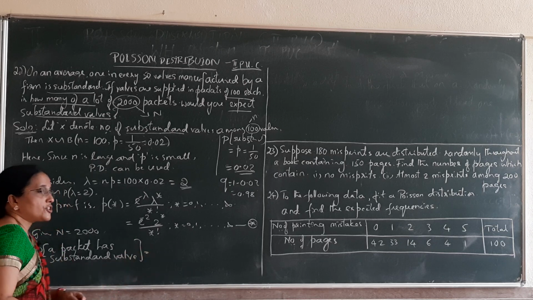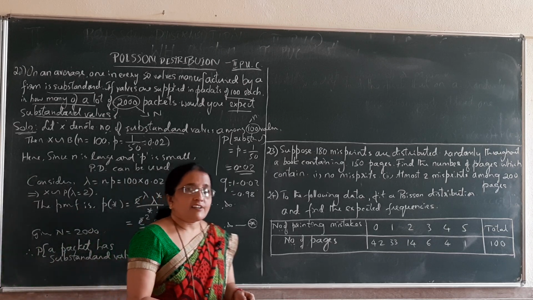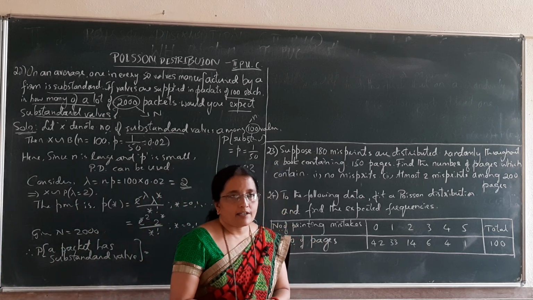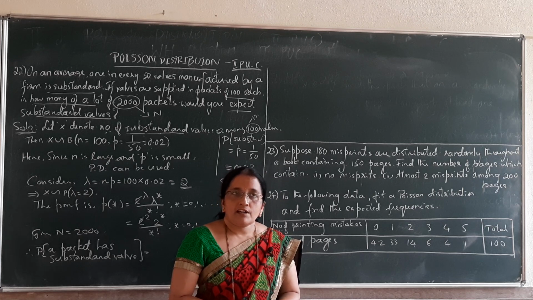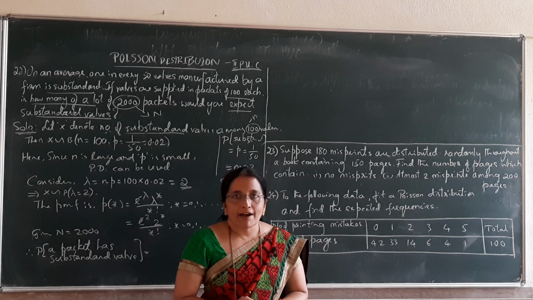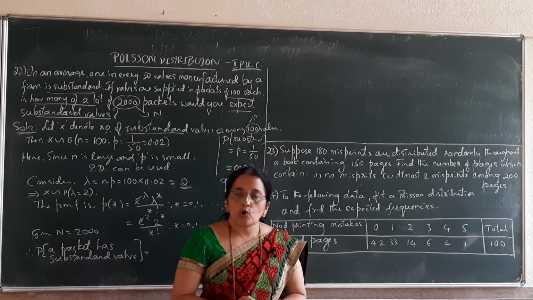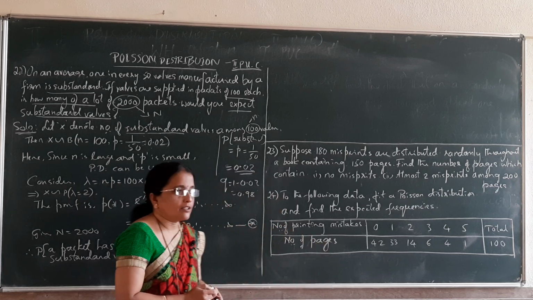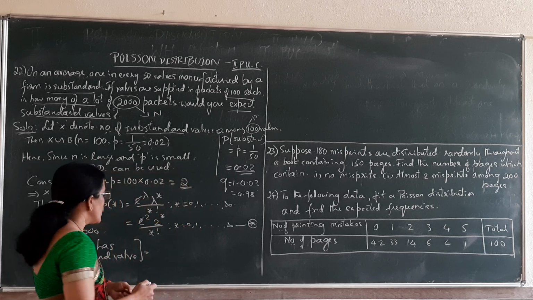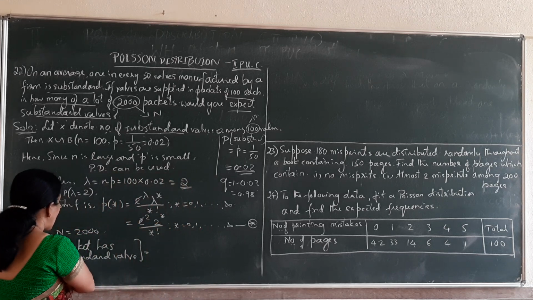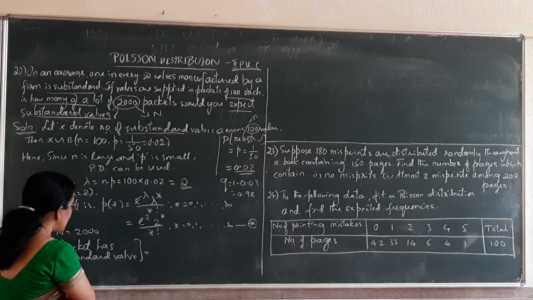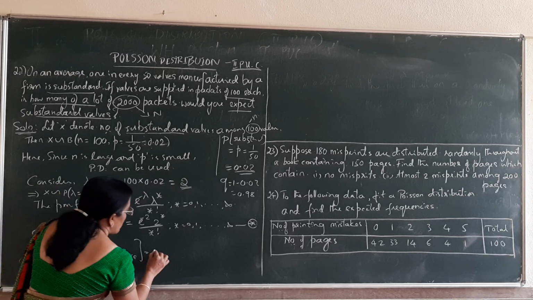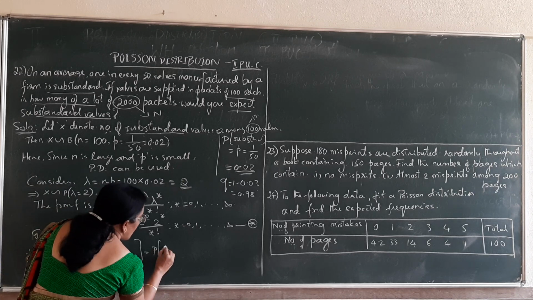Now, when do you say a packet has a defective value or substandard value? Usually, if a packet contains one defective value or more than one defective value, they are going to say the packet is substandard, the packet is not good. So, here we can write the probability of a packet has a substandard value is equal to the probability of a packet